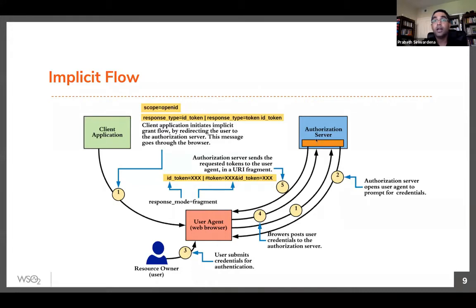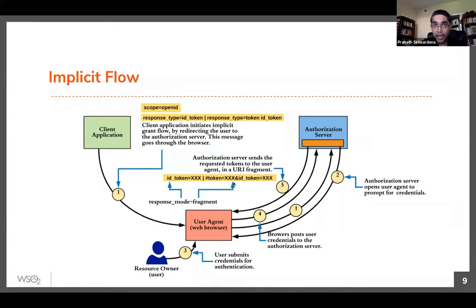Then if the authorization server sees a value in the nonce attribute, the authorization server must include the nonce value in the ID token it generates. So now the nonce value generated by the client is in the ID token. And just like the state parameter, the client should add that nonce value to the browser session. So now the ID token has the nonce value the client generated and it is signed.